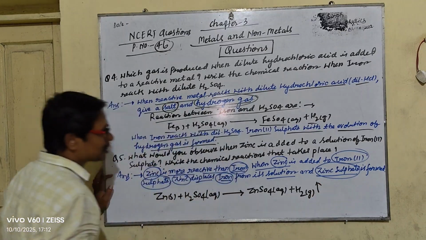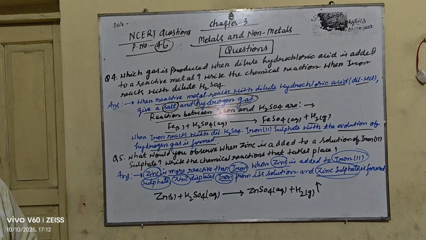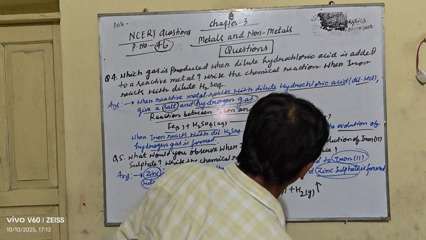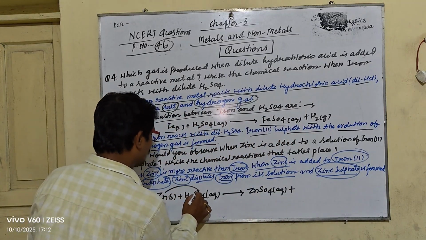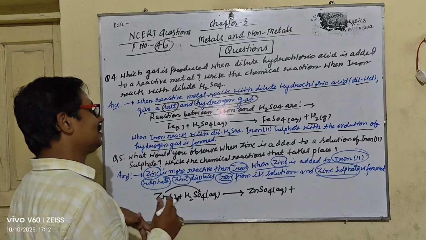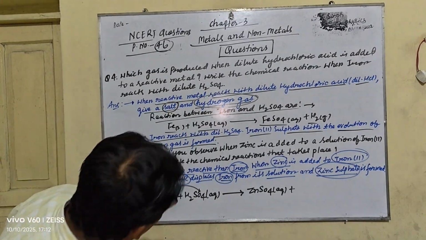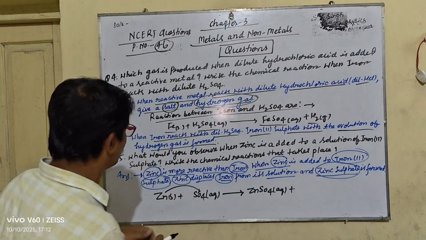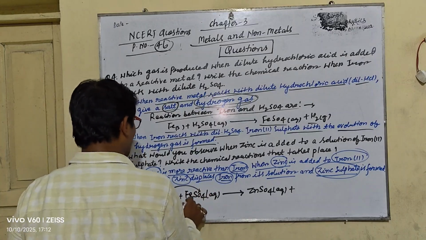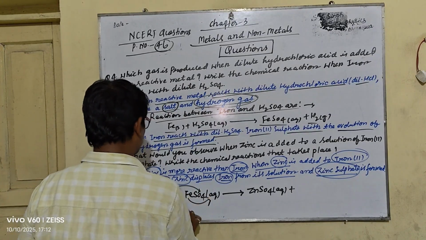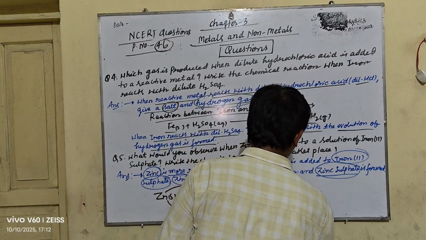gas. So my dear student, always write H2 gas with an upward arrow in the reactions. Zinc displaces the iron. Zinc plus FeSO4. There is no H2SO4 here, so I made a mistake. Zinc reacts with the FeSO4, it displaces and makes free iron: zinc plus FeSO4 gives ZnSO4 plus Fe.